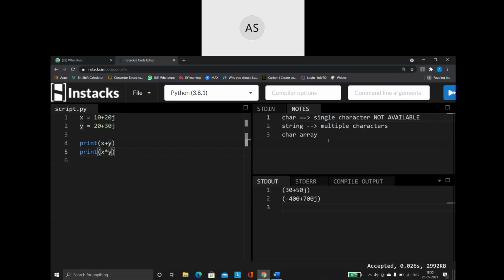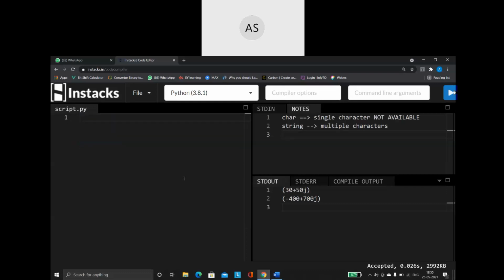So in Python, we have only one thing, that is our strings. Whether you want to store a single character or multiple characters, it is treated as a string only. So this is the first point you have to remember with string data types. I have already told you what strings are.